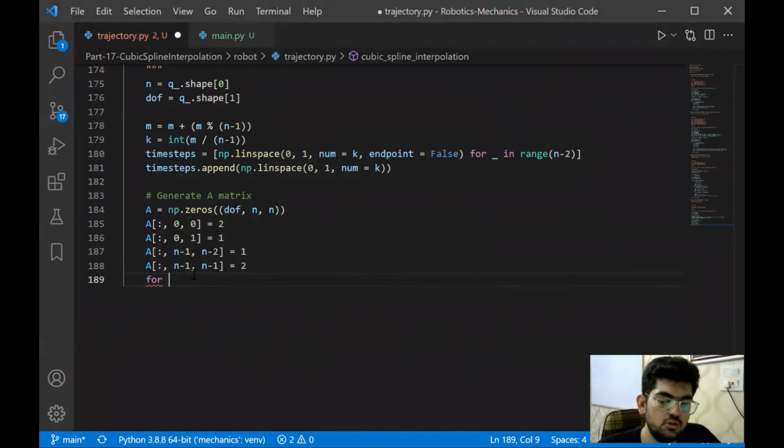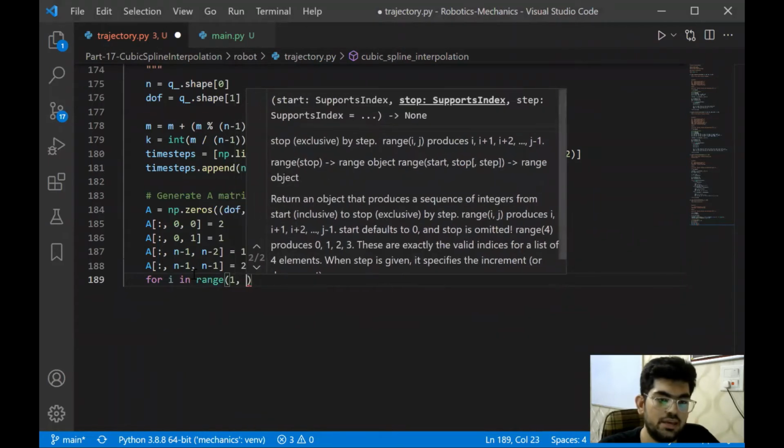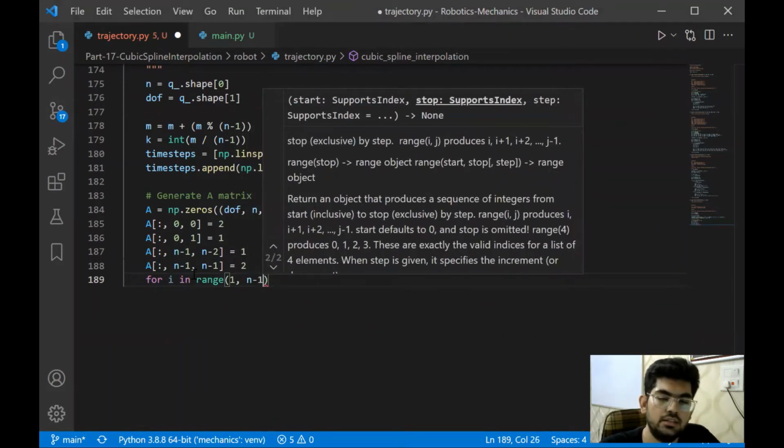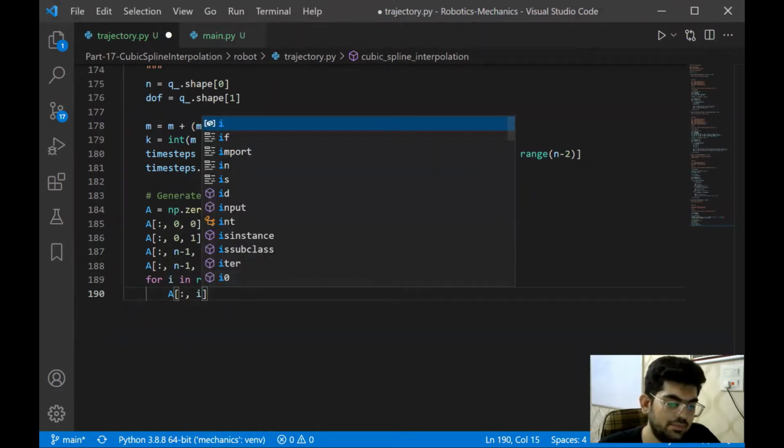Now let's have a loop for i in range. We're going to go from 1 till n minus 2. With this for loop ranging from 1 till n minus 2, we are going to assign the ith element.